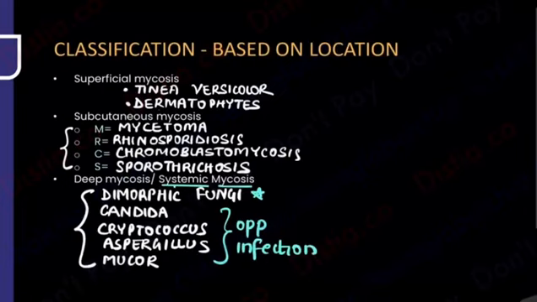So now we've done the classification on the location also. Number one, the superficial mycosis. Superficial is all the tineas, tinea versicolor, and tineas coming under dermatophytes. Then subcutaneous. Subcutaneous is MRCS. Then the deep ones, deep are dimorphic and the opportunistic infections. So that wraps up our classification on the basis of the location. Moving forward, we are going to now discuss